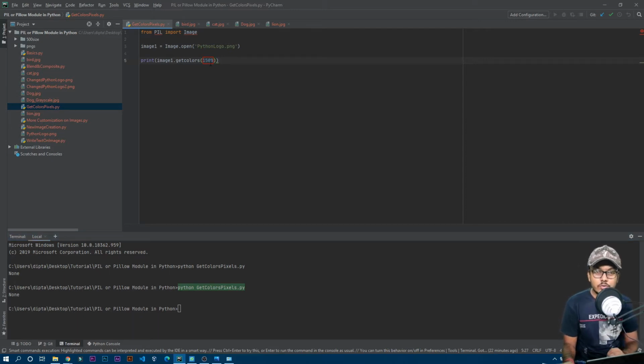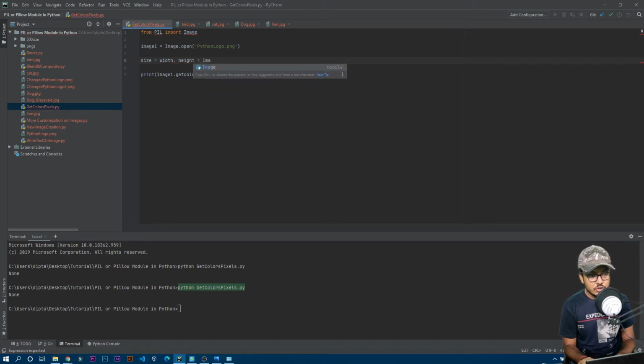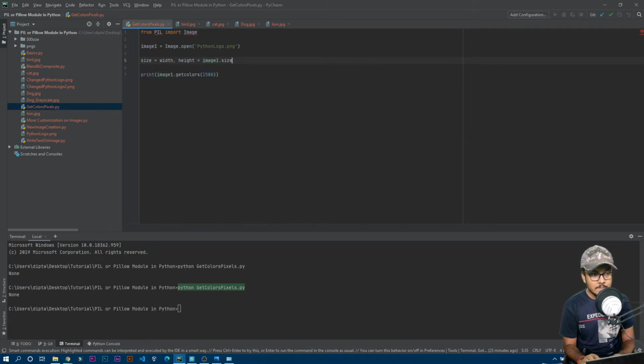So how do you know the exact number of pixels present in that particular image? There is a shortcut method: you first need the size of the image. Let's make a variable called size, which will contain the width and height. It should be image1.size. The width is the total width of that image, and the height is the total height.